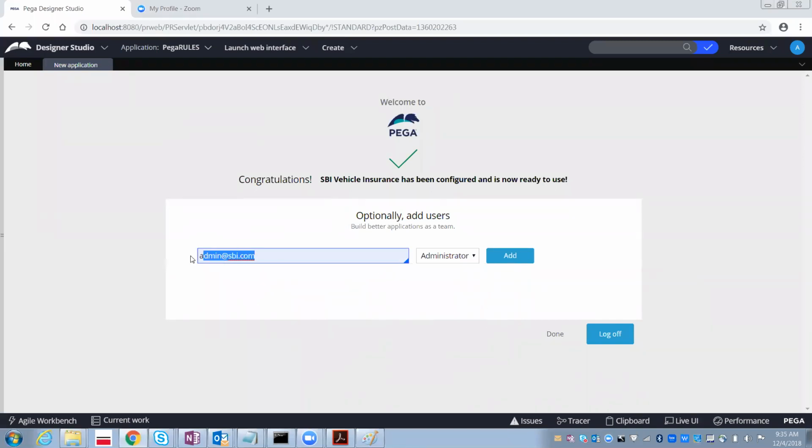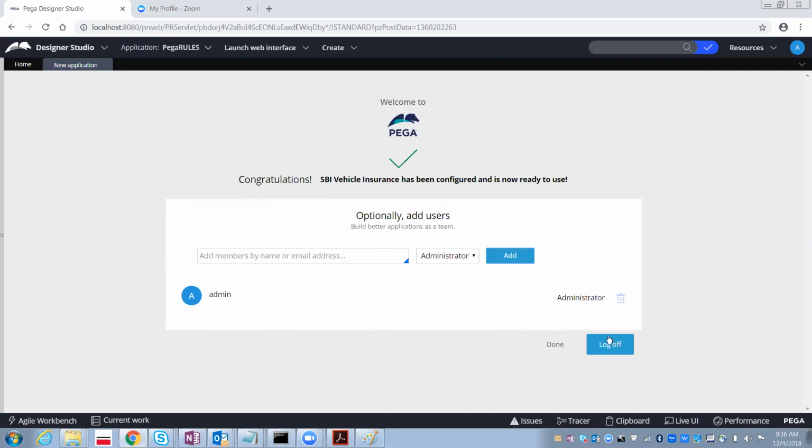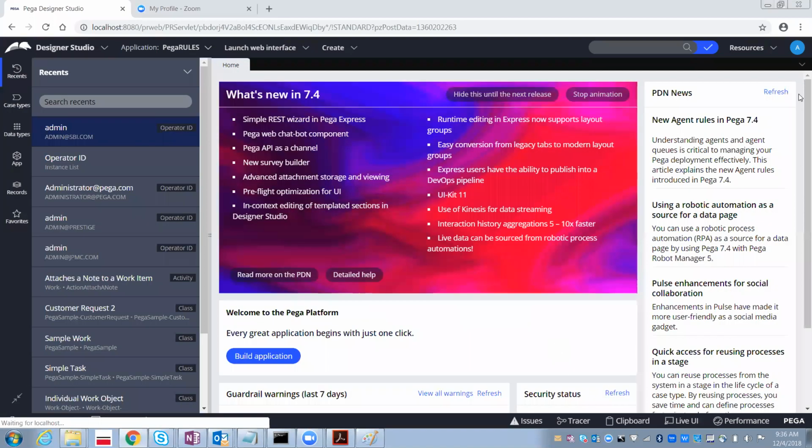So this operator ID will have access to both the applications. Yeah, it's been added. Okay, now done. So let's log off and see what happens for admin@sbi.com.